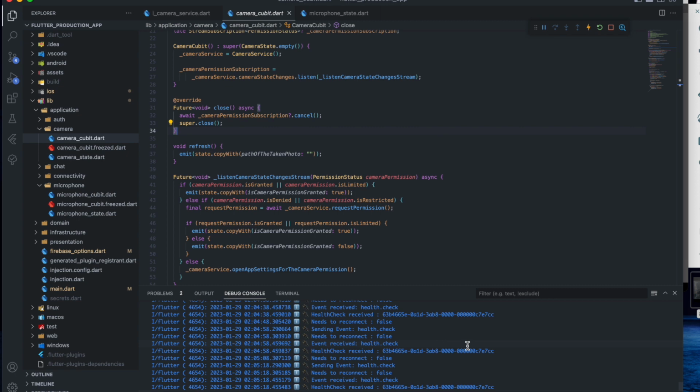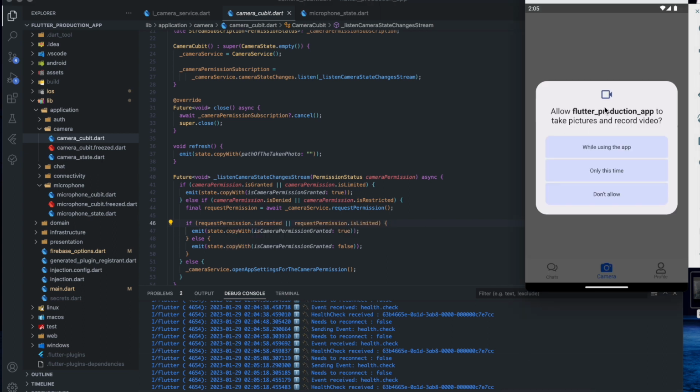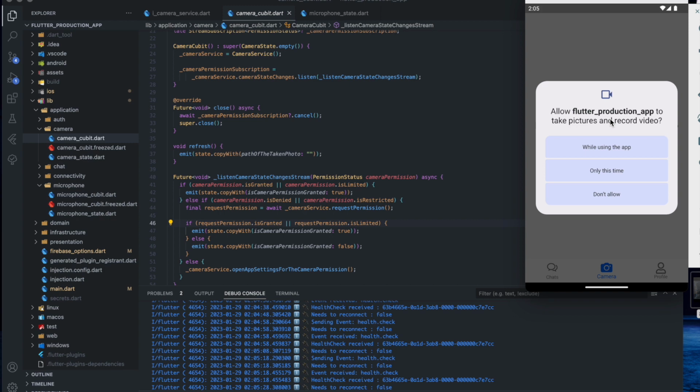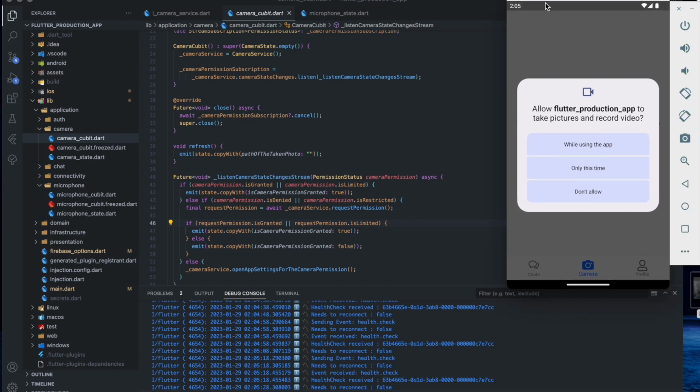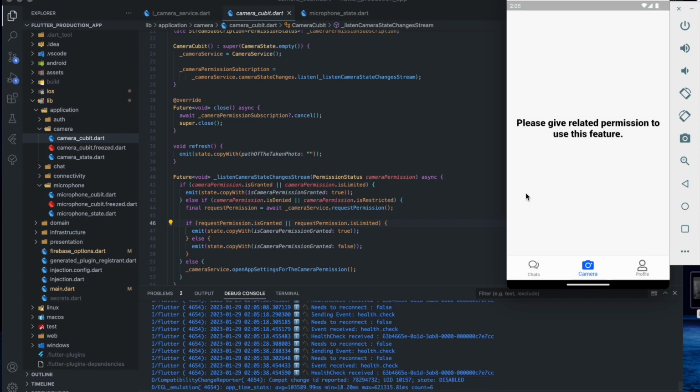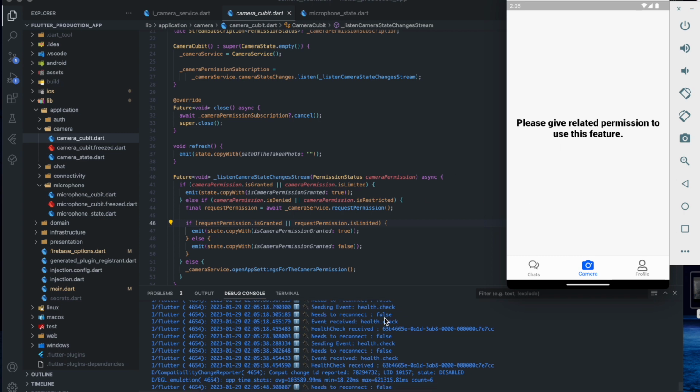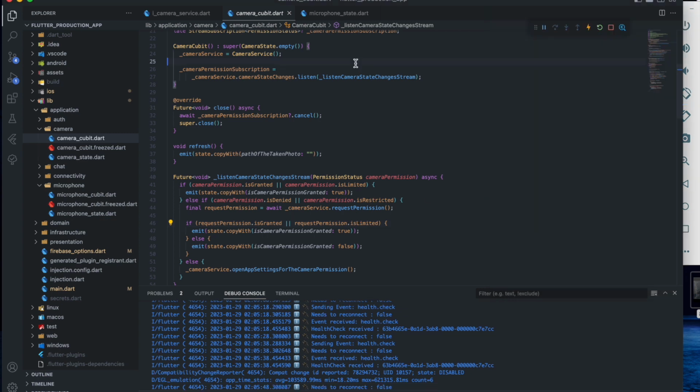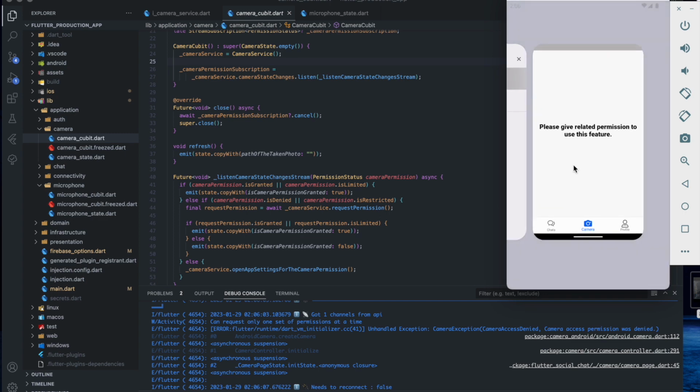So let's try some things, okay? We just glanced at the code, but right now we need to look at the application. For the first scenario, let's give a permission, okay, and see the camera. For example, but of course, if the emulator will not give any error, so let's give the permission only this time. And yeah, it does not ask for the microphone section, but okay, let's go to the app